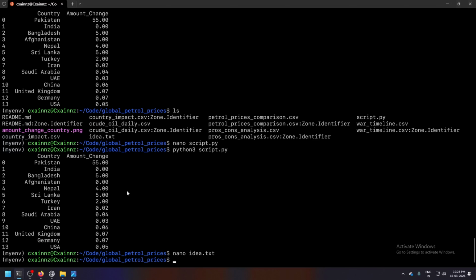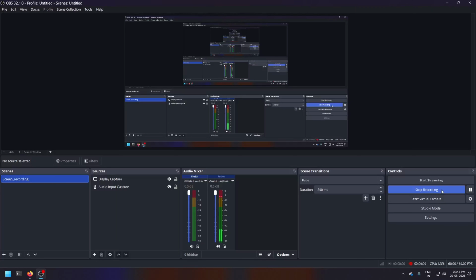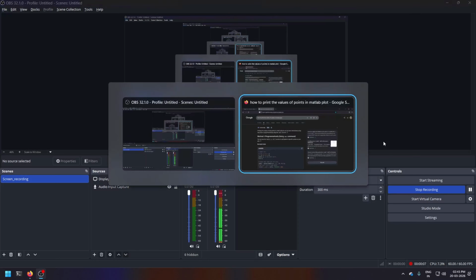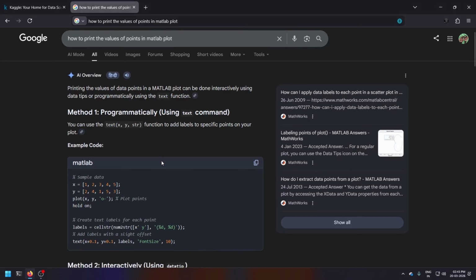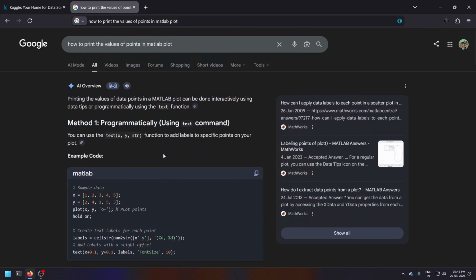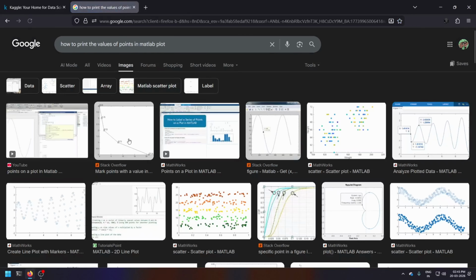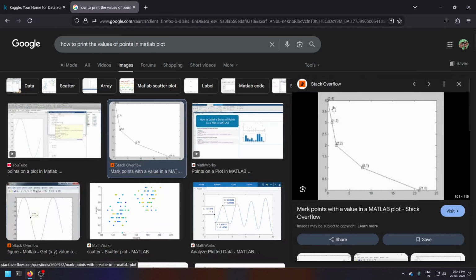I have the amount change. At that time I was super sleepy, so I just went to sleep. So, coming back to the point: what I want to do is place this kind of notation.